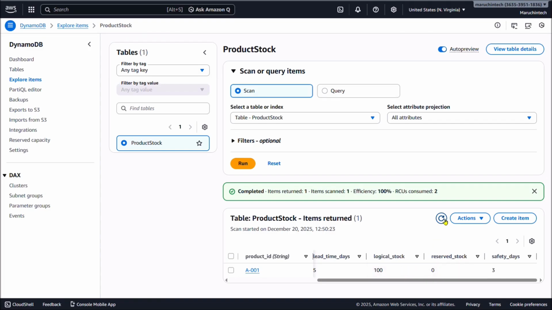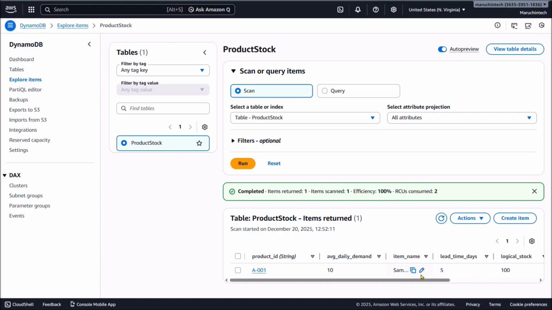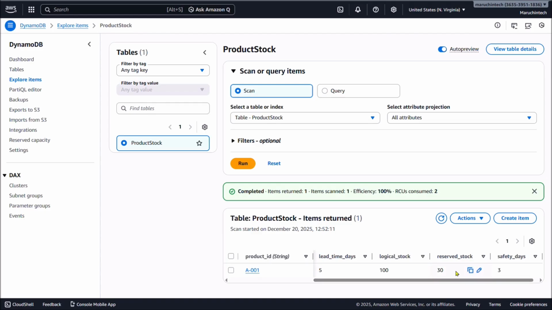And if I refresh this item, okay, logical stock remains 100 and the reserved stock, the allocated inventory, has become 30. And this is the flow of allocation. The physical inventory in the warehouse, 100, hasn't changed yet, but the 30 items have been allocated. Although not explicitly stored in the table, we can deduce the available inventory is now 100 minus 30, and it's